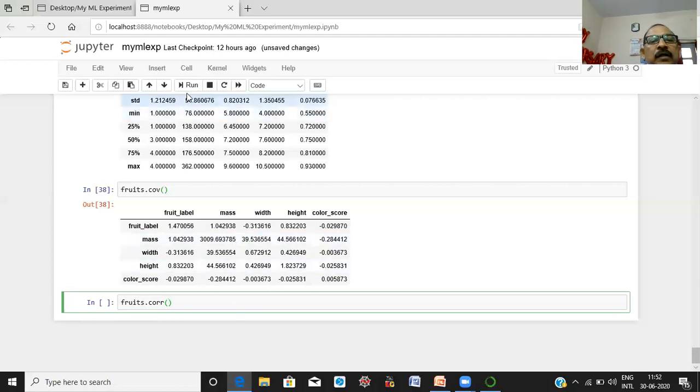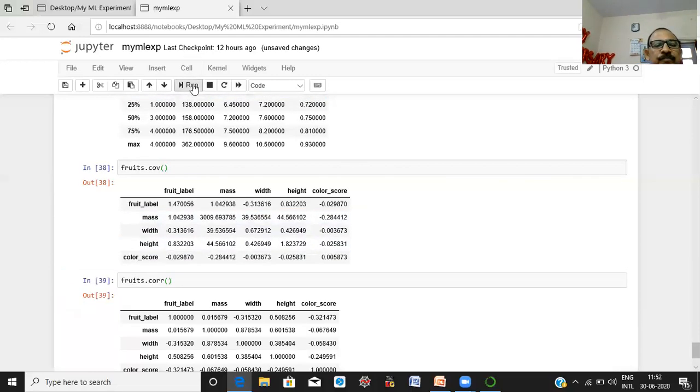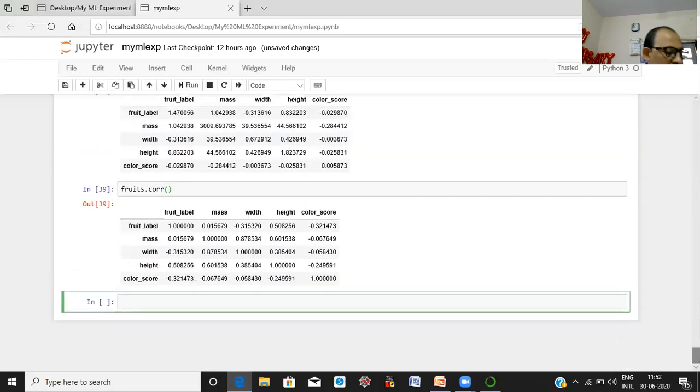Okay, run it. This is the correlation between variables. This command gives the correlation between variables.